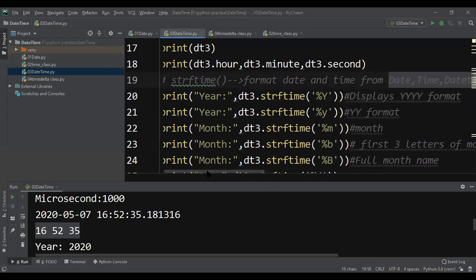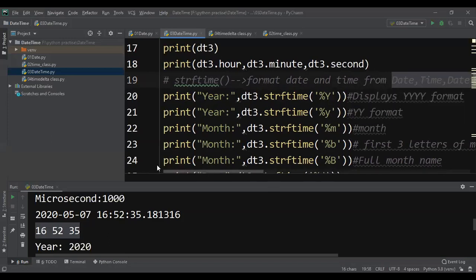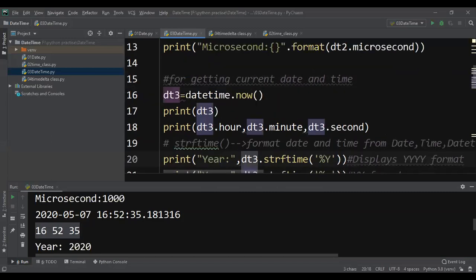Now some of the examples I gave here. If you want to print year, remember in dt3 I have already fetched the current date and time and stored it in the variable called dt3.